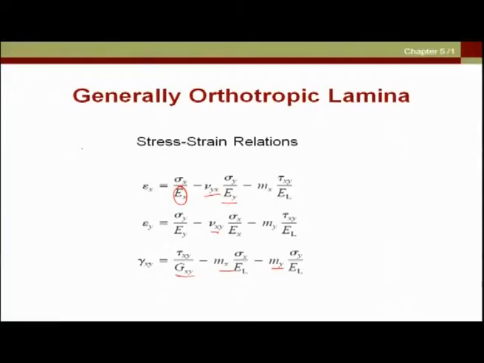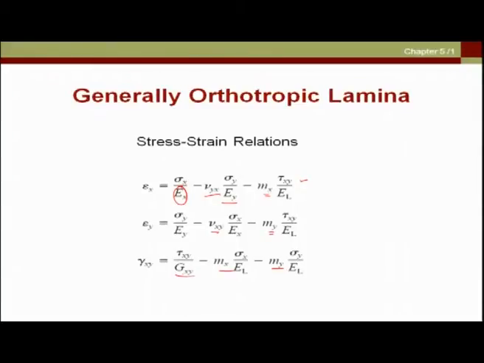That is, we will not have the generally orthotropic lamina situation, rather that will simplify into the especially orthotropic lamina situation, and in that case the coupling between shear stress, which is tau xy, and the extensional strain is through mx, and the role of mx and my becomes 0 for theta equals